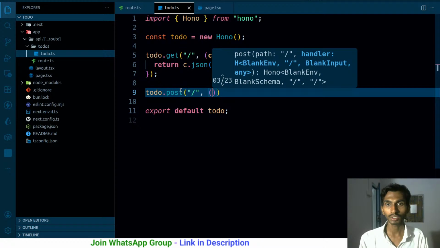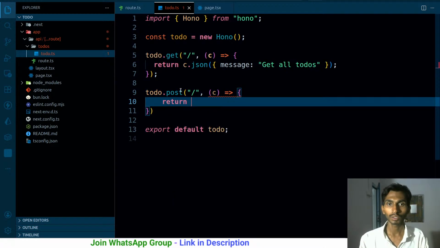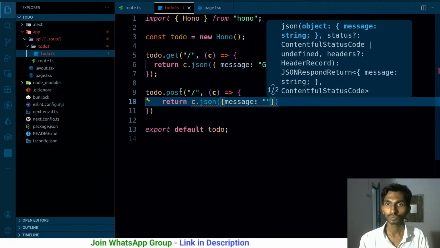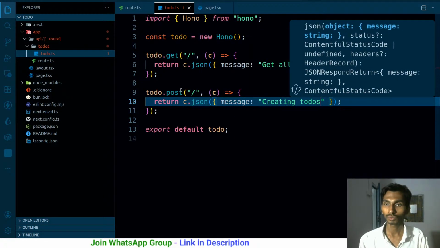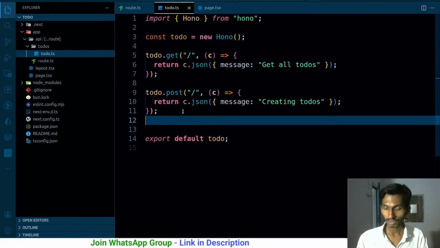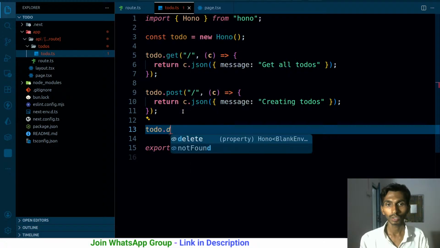Post, I'm going to be creating the to-dos, context, return c.json, message creating to-dos. So this thing is also done. So we will get the to-dos, we will create the to-dos, we will delete them. So to-do dot delete